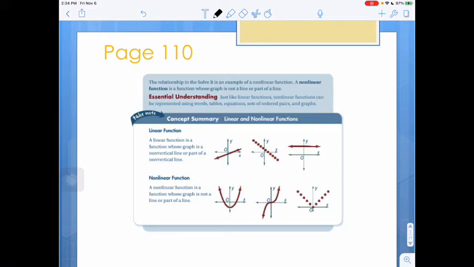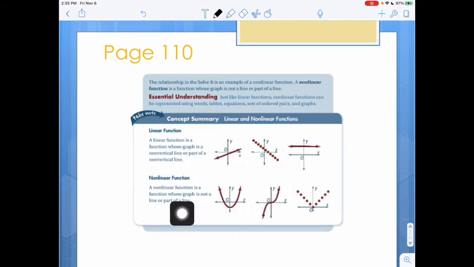So we have a concept summary of linear and nonlinear functions. Linear functions are functions whose graph is a non-vertical line or part of a non-vertical line. So here are some examples. We have a diagonal line going up from left to right, so it's got a positive slope and it's a solid line. We have a discrete one, just points descending from left to right, a negative slope line, and then we have a horizontal